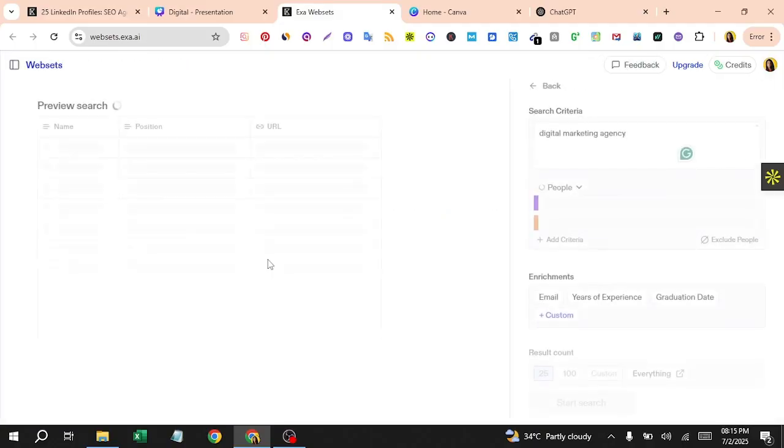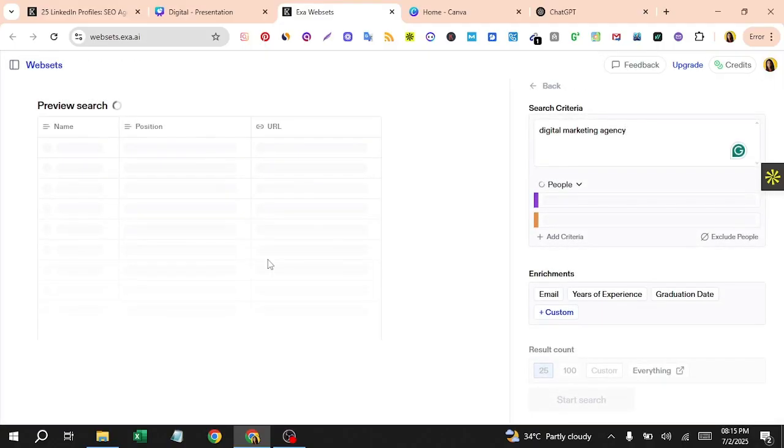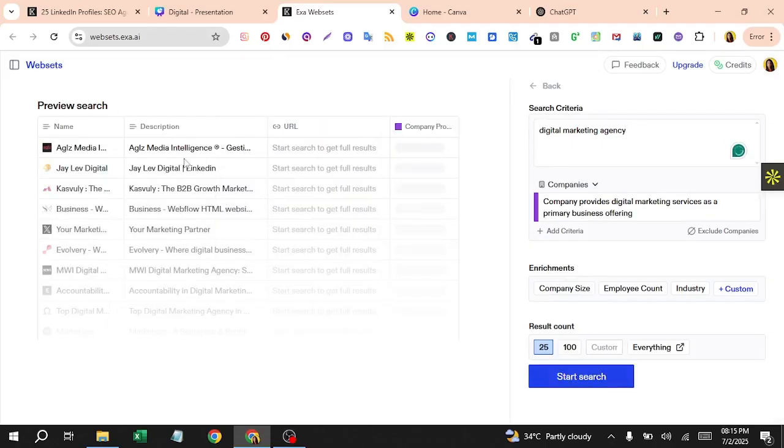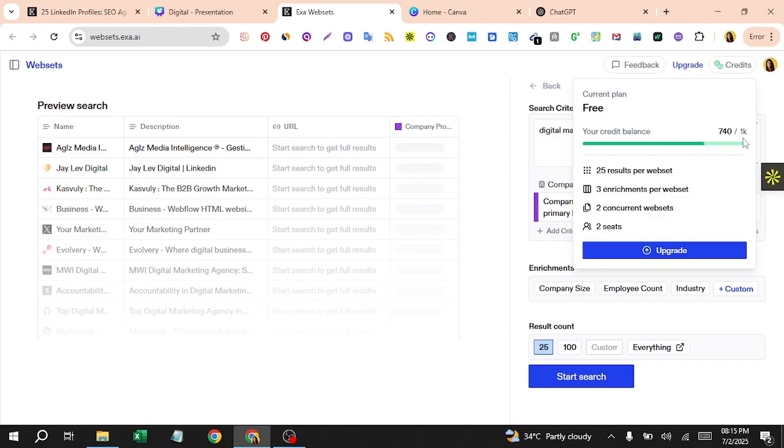You need to search like this, and I hope this will get you a lot of leads. Here you can see descriptions, names. I guess I have used a lot of credits. It gives you 1,000 credits for this.